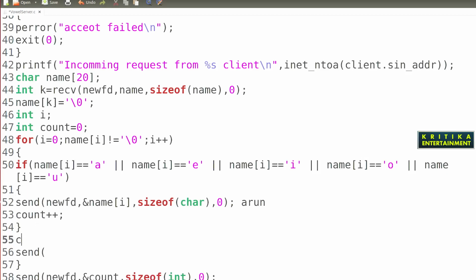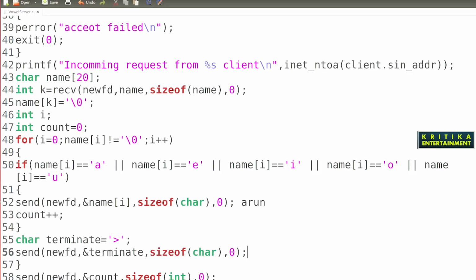So here we pass the char terminate. When this symbol is encountered, that means my loop will be terminated from the client side. So here you write new fd, then ampersand terminate, then size of char, then 0. This loop will be terminated.